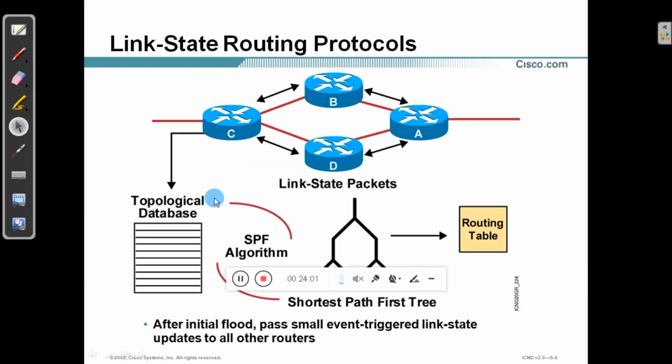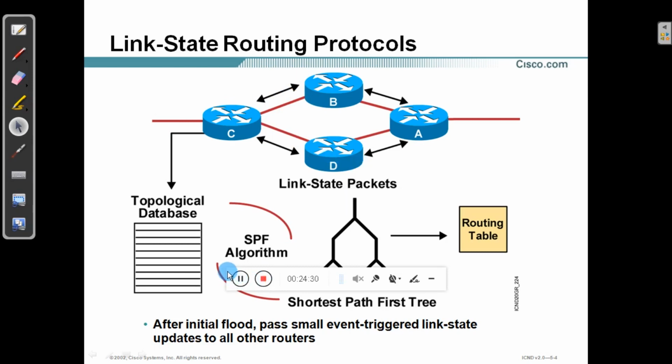So student, now we'll move to the next class of protocol, that is called the link state routing protocol. We have already seen distance vector routing protocol and what are the disadvantages of distance vector routing protocol. The disadvantage is each router will not have the clear topological view of the other routers. Each router will directly speak to the neighboring routers, and from the neighboring router it will try to get the information and it will pass the entire routing table updates to the other routers. So this is the one problem with the distance vector routing protocol.